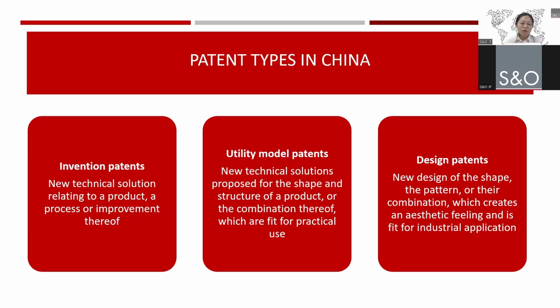Second, utility model patents offer new technical solutions that possess practical applicability and represent an advancement over prior art. These patents have a shorter term, usually about 10 years from the filing date. Then, design. Design patents safeguard the products such as shapes, patterns, colors, or the combination thereof. The protection duration for design patents is generally 15 years